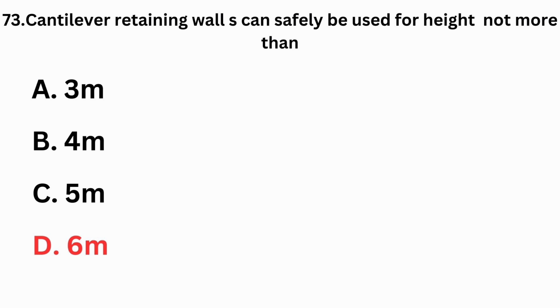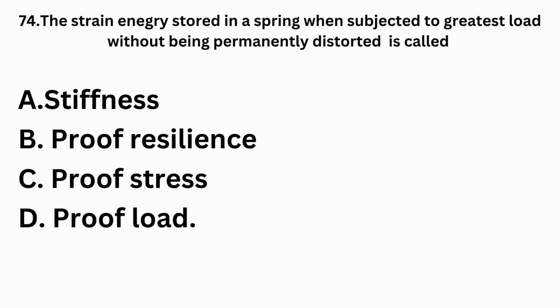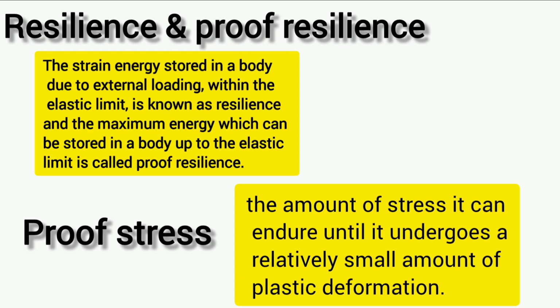74. The strain energy stored in a spring when subjected to the greatest load without being permanently distorted is called: A. Stiffness, B. Proof resilience, C. Proof stress, D. Proof load. So, the strain energy stored in a body due to external loading within the elastic limit is known as resilience, and the maximum energy which can be stored in a body up to the elastic limit is called